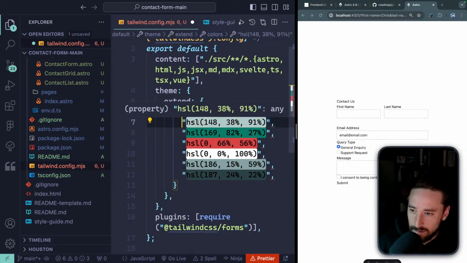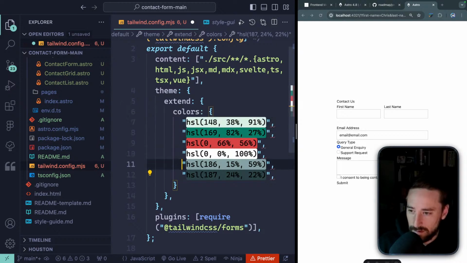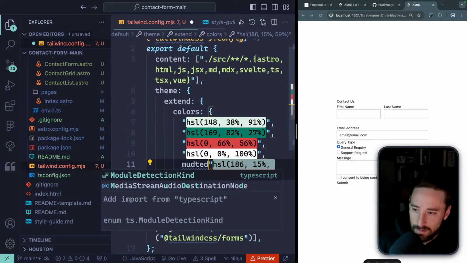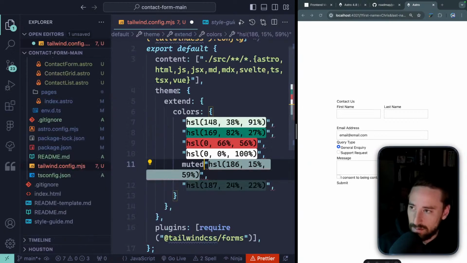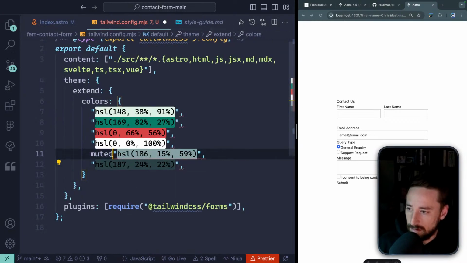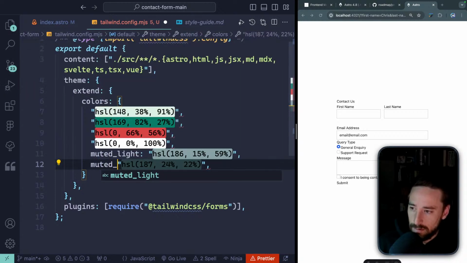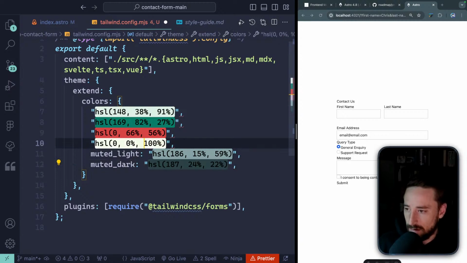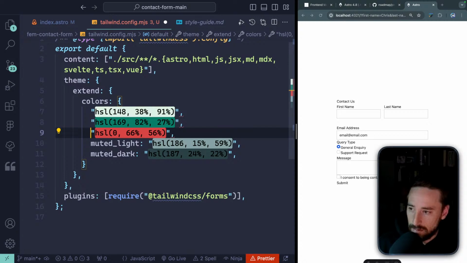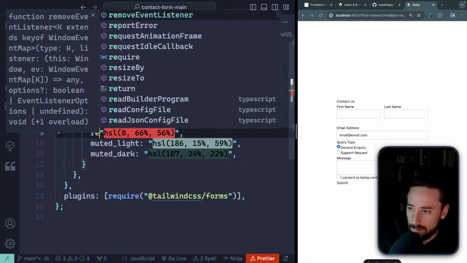see. I guess we're gonna call this, let's do like muted. Light. I don't know. Muted dark. This is just white. I'm not gonna create a custom color for this. We'll do